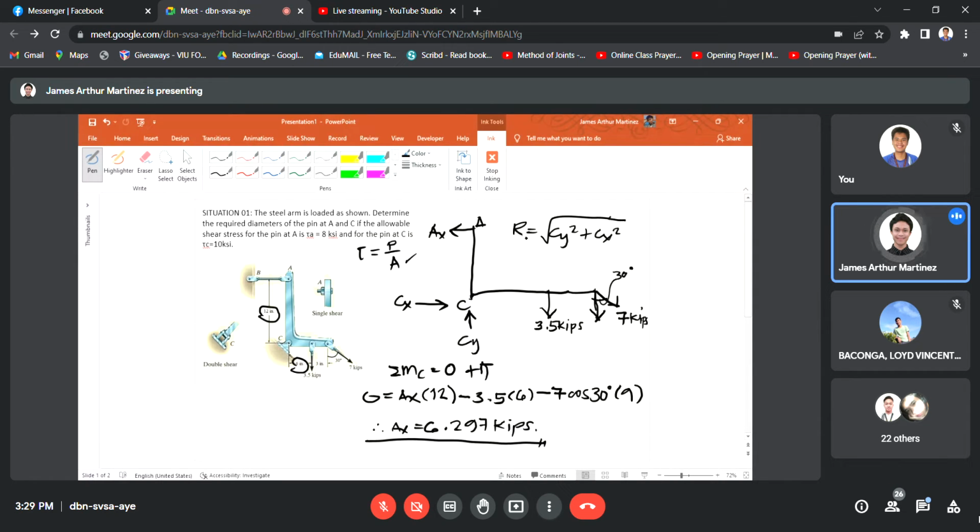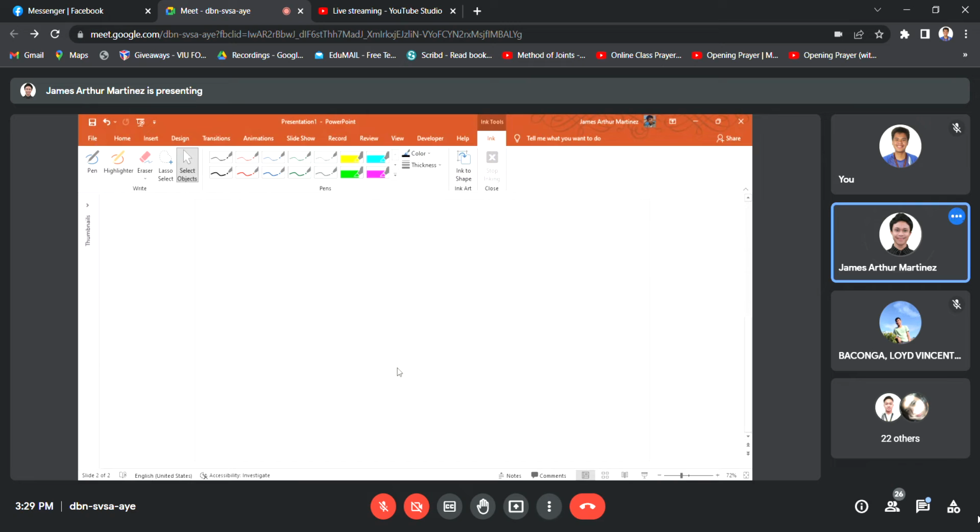And that would be your total reaction at point C. So, in getting the components, we just sum up the forces in the X and Y components. So for the summation of forces